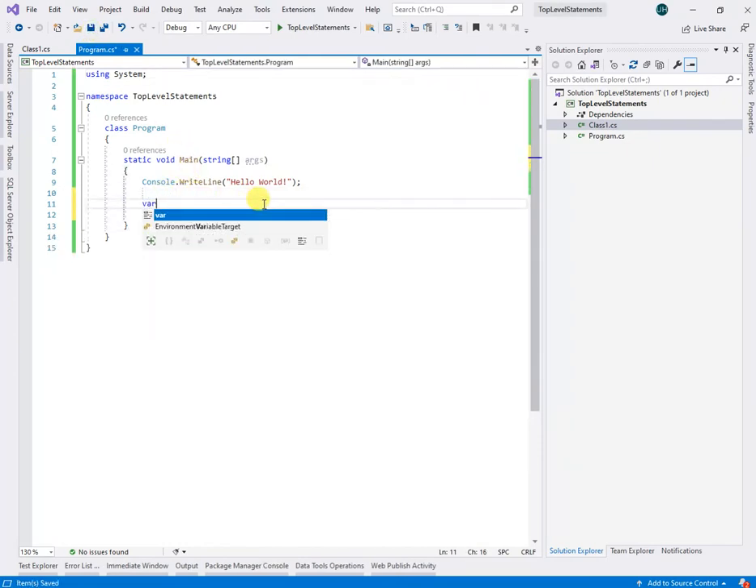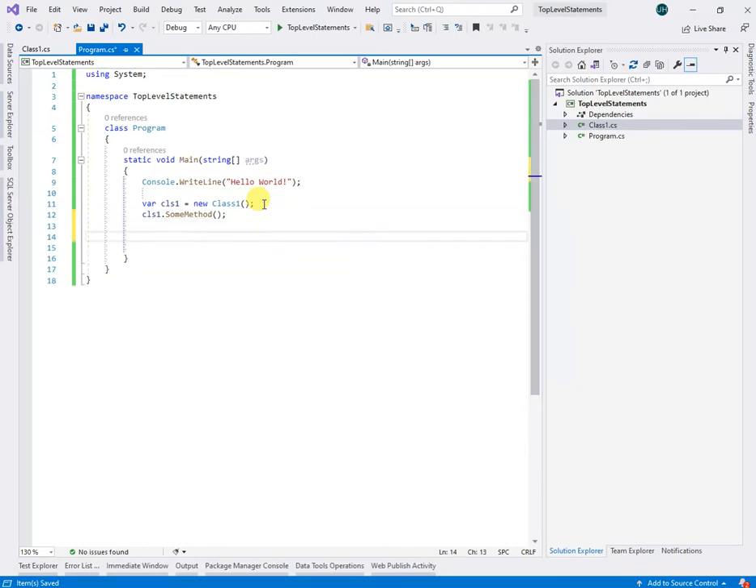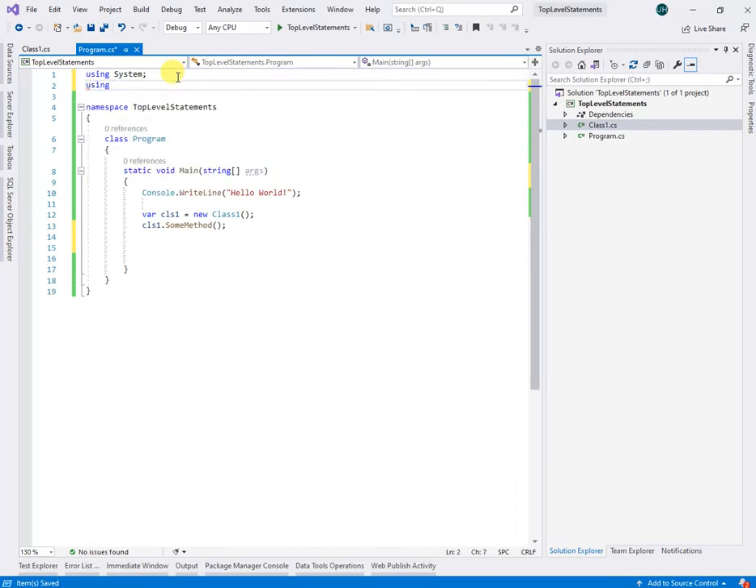So if I do var cls1 equals new class 1, sorry for that, and I call my first method, some method. Here I don't need to change the signature of my main method, but if I need to call an asynchronous method,